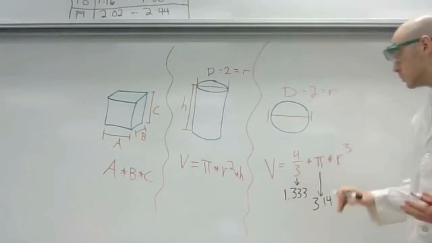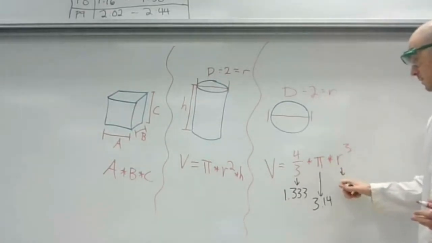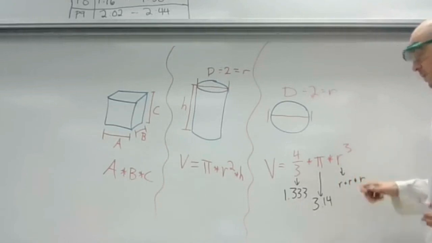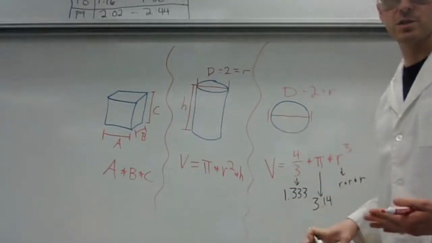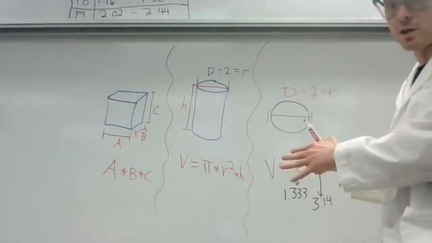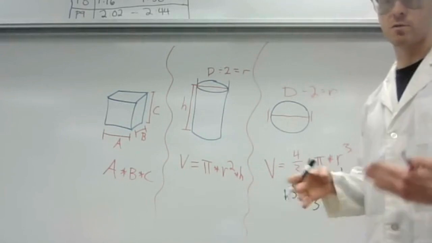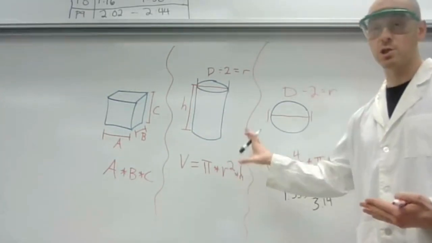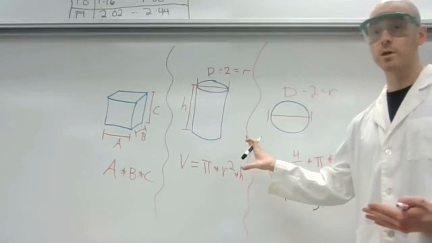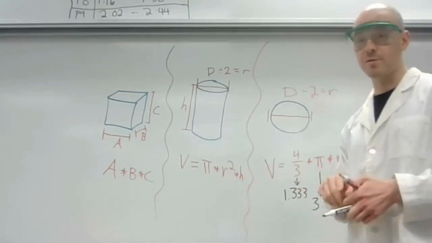And for r cubed, if you just want to multiply by r 3 times, that will give you the same result. So these are 3 different equations on how to calculate volume for objects just through measurements with, say, a ruler. Also note that all of our measurements should be in centimeters, which would give our final unit for all 3 of these